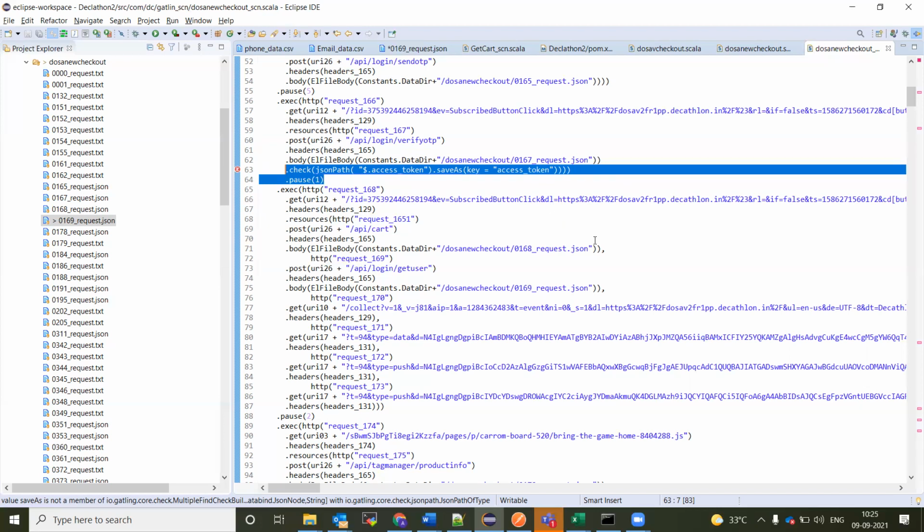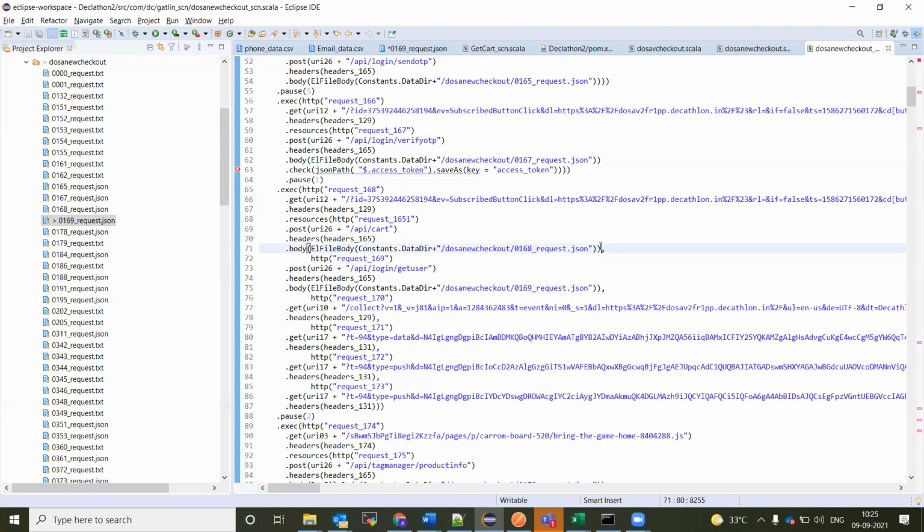Sure. Yeah, this worked for me, so I made the modifications. You can try it with adding a check JSON and add a pause here. I'm not sure whether after the pause you can add the command. Yeah, that's what my question is. If we make a pause, we haven't tried it. Probably we can. Will the chain break? If we have a pause here, it will check it and it will have a pause. So no problem for that. Let's try once and see it. Cool. Okay. Thanks, Arun. Go ahead.